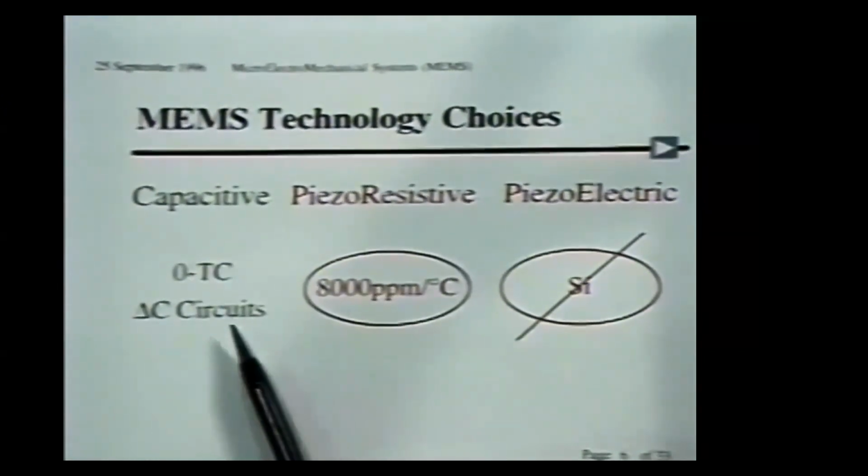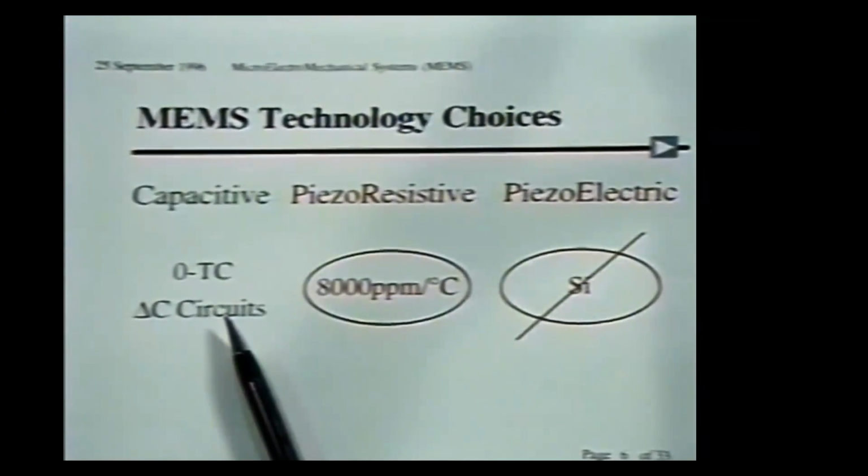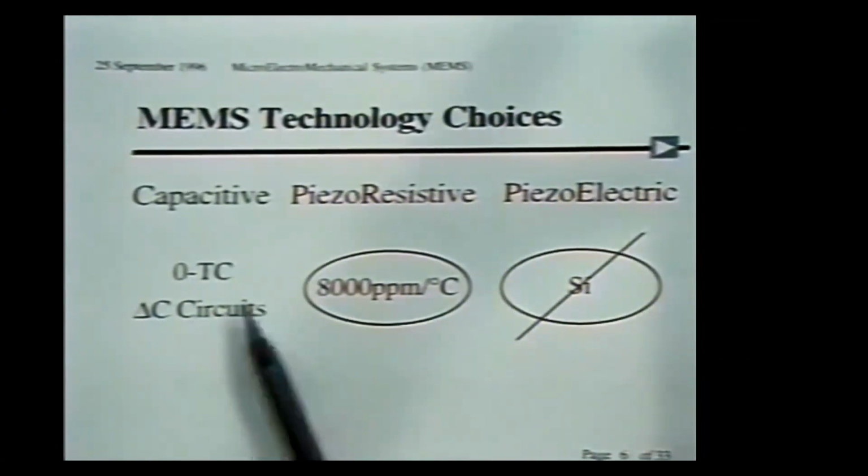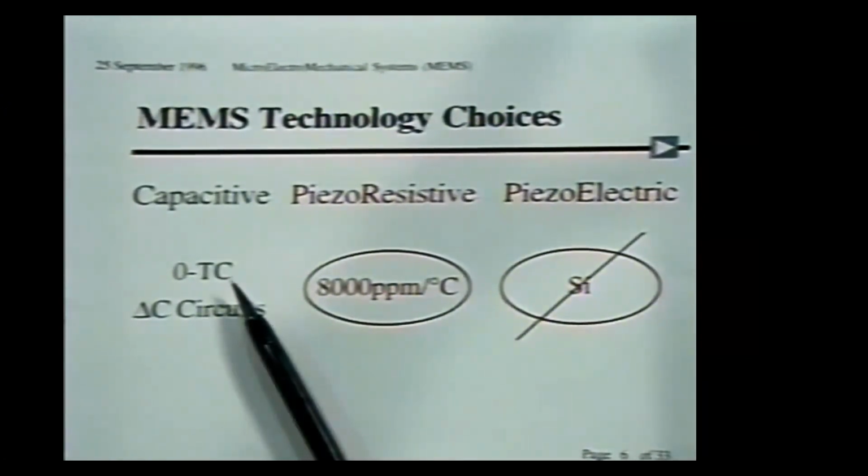So what we chose was a capacitive transduction mechanism. A capacitor is inherently zero TC. To first order, the dielectric constant of air or nitrogen, which is in most packages, varies by only 0.1% over a 200 degrees C temperature range. So the fact that there was no temperature dependence was a very strong motivating factor for us to choose a